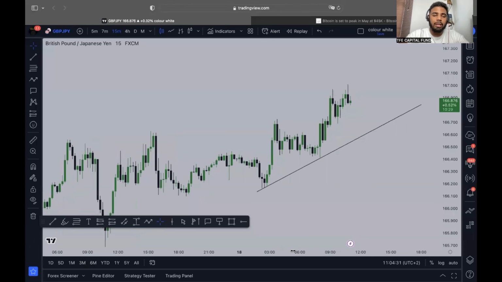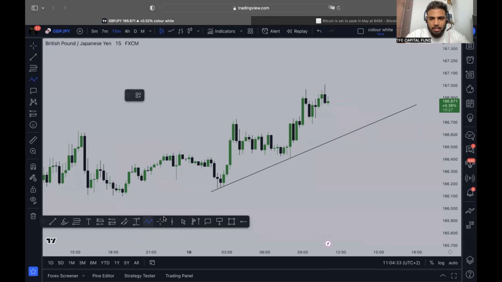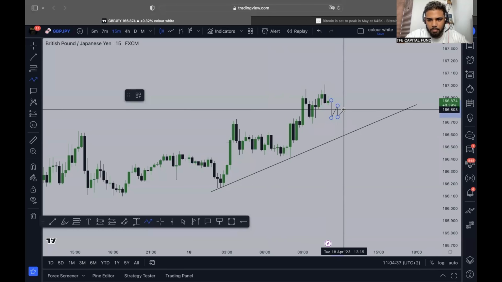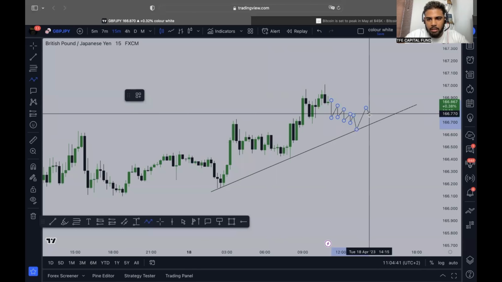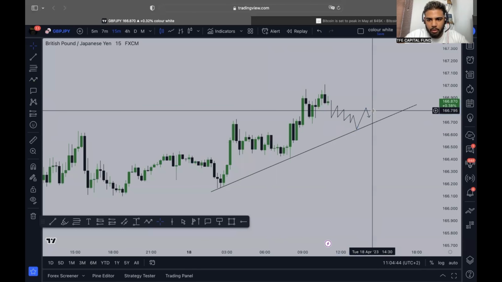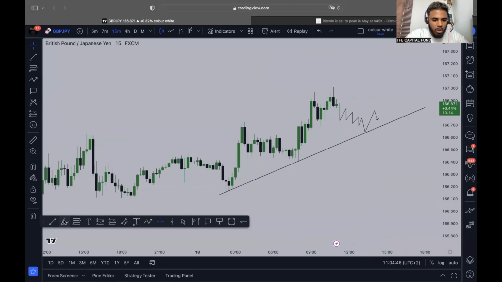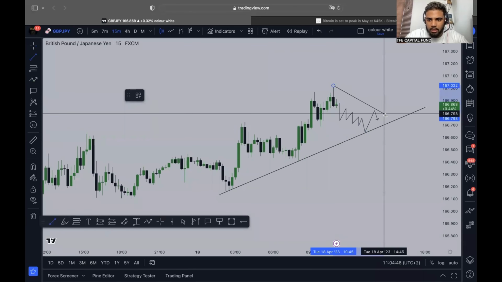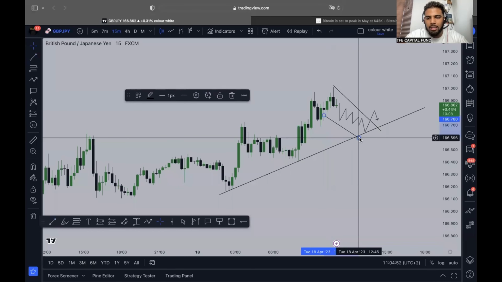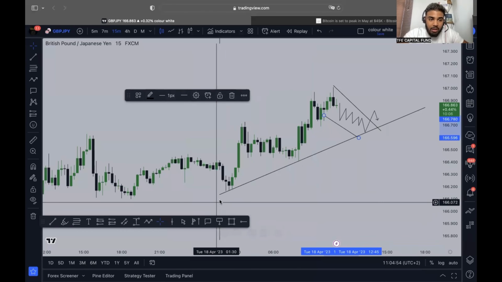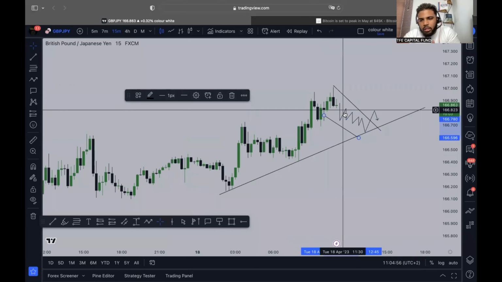So what we want to look for is something like this. Let me show you guys. See the exact same thing here? Market comes down like this, and then breaks out, and then here we're looking for the buy. So we want something where the market does something like this, like a little counter trend when the market goes against the major trend. So the trend here is up, but it has a little counter trend going down.